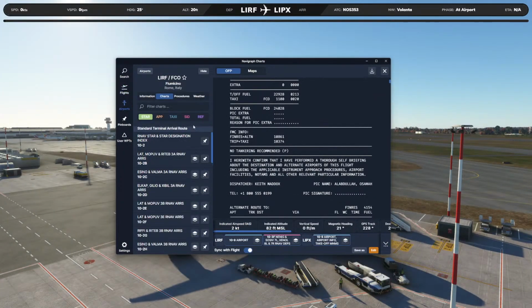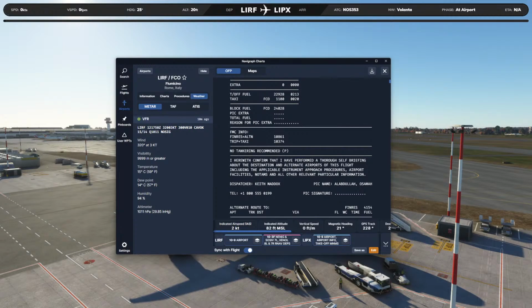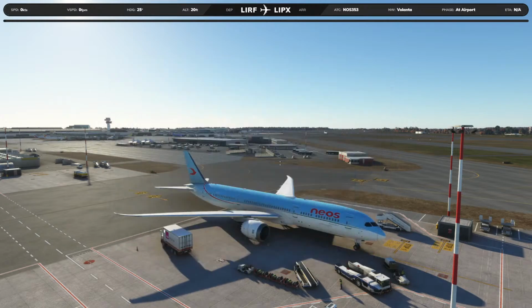The current weather here at Rome is quite pleasant, as you can see here, 3 at 23 knots wind. We have some variable winds as well. Cloud and visibility okay. Current temperature is 15 and the QNH is 1011. And so all is looking good here in terms of the weather. Nothing to complain about. And we are using today Volanta for our flight tracking, which is going to give us some analysis on the route as well as the landing.